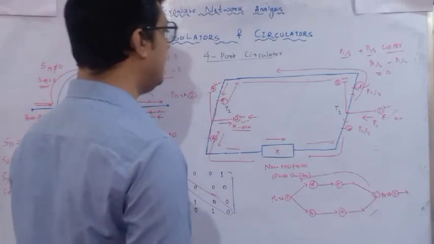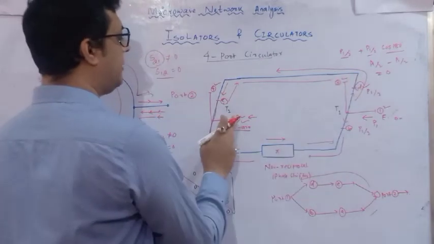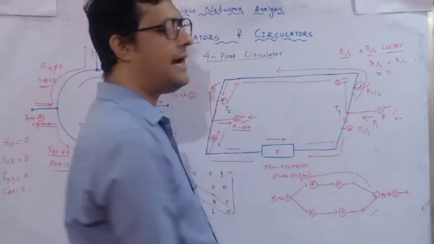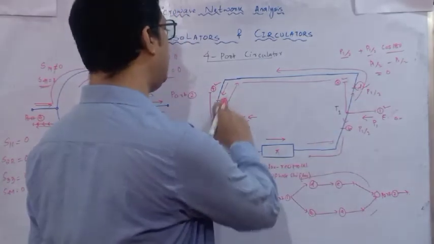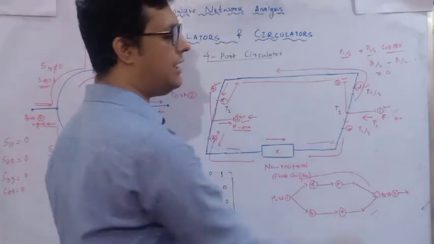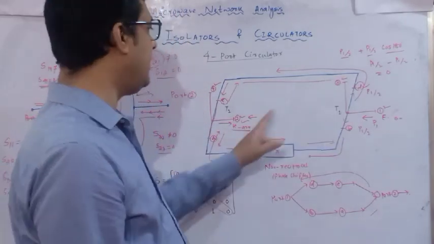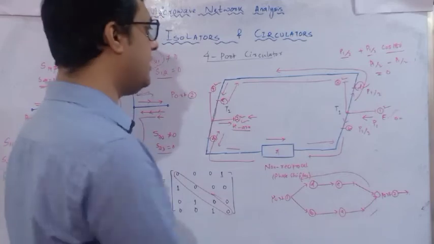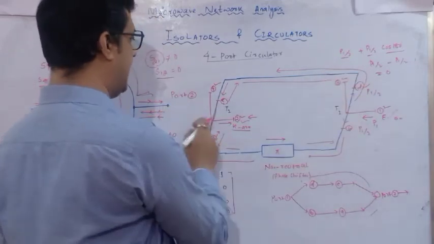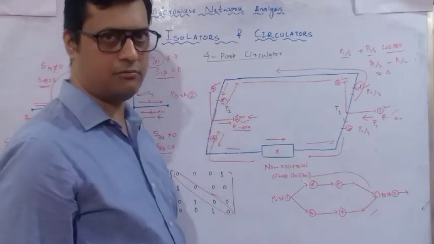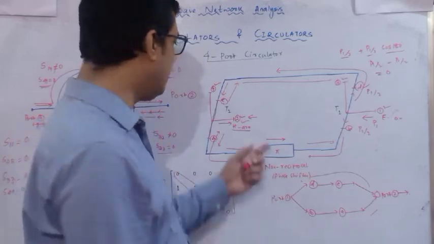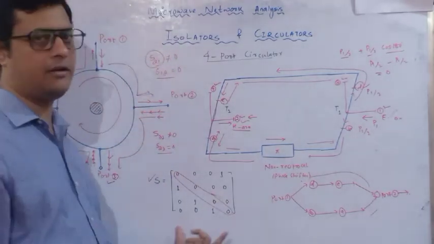Similarly, you can write for feeding the power at port 2, which particular path it will follow and where it is going to add. So it will follow the path of E to D, then A to B, and it will add up at 3. So alternate is 3 and 2. Similarly, if you feed the power at 3, D and E power will be added up and provided at port 4 because it is non-reciprocal in nature, and due to which we are going to observe these scattering parameters.